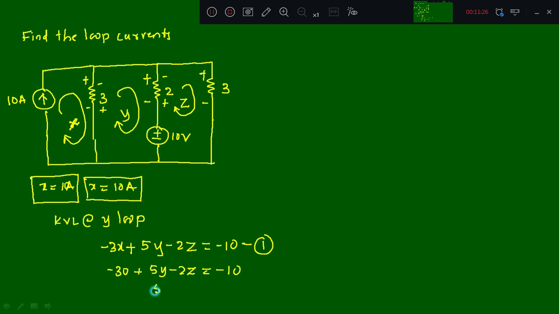Upon simplifying, this will become 5y minus 2z, which is equal to minus 10 plus 30, so that results in 20. Call this equation number 2. Equation number 2 includes the unknown variables y and z, right? Similarly, we apply the